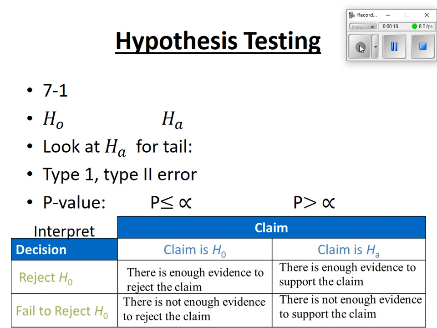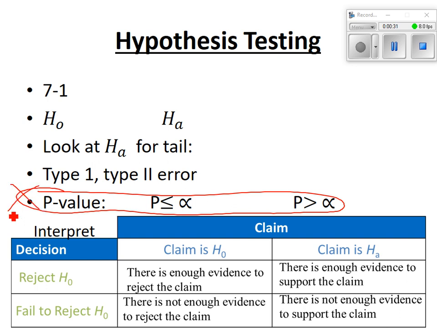In section 7.1, we just basically talked about the H0 and the HA and setting up stuff. We did the p-value stuff there at the beginning, but we didn't use it the whole rest of the chapter, so I'd sort of